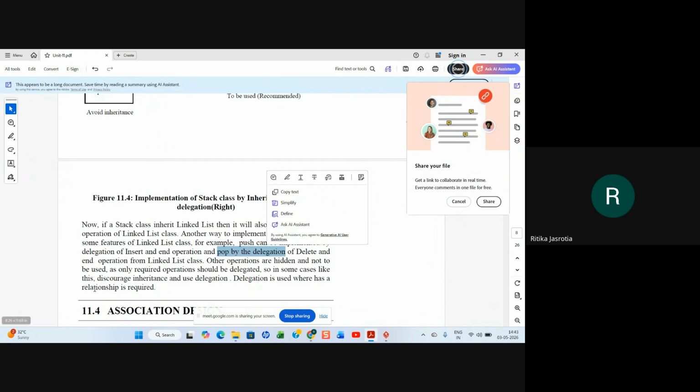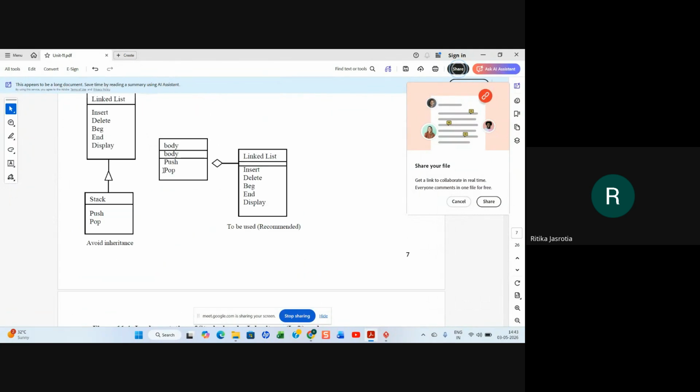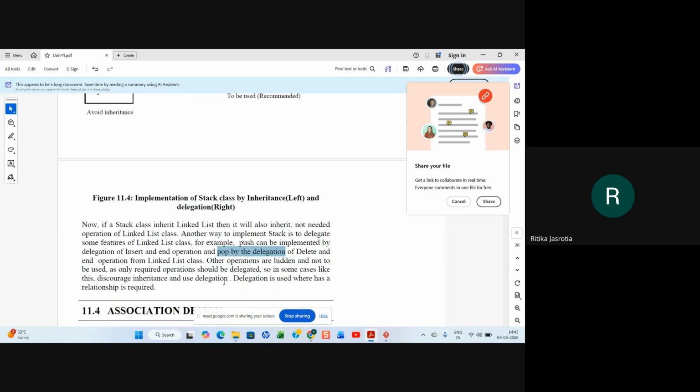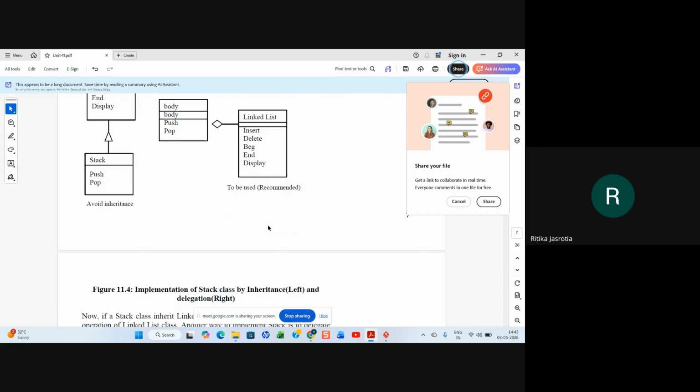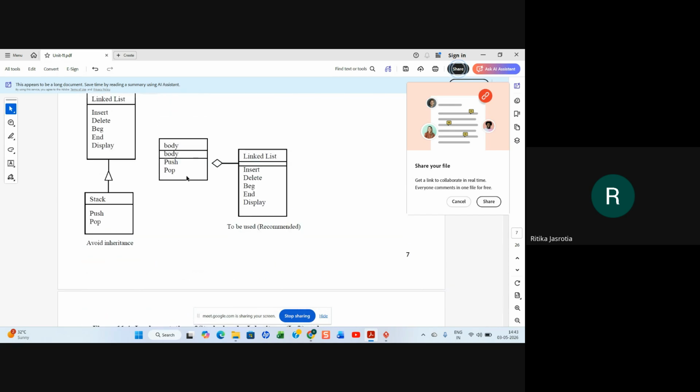So in some cases like this, discourage inheritance and use delegation. In this kind of a thing, we will discourage inheritance, we will use delegation. Delegation is used where a has-a relationship is required. Right, a whole-part has-a relationship, aggregation, then you will use delegation instead of inheritance.